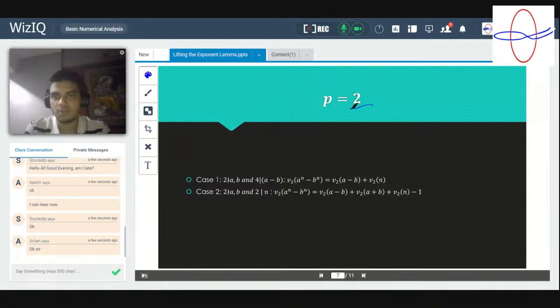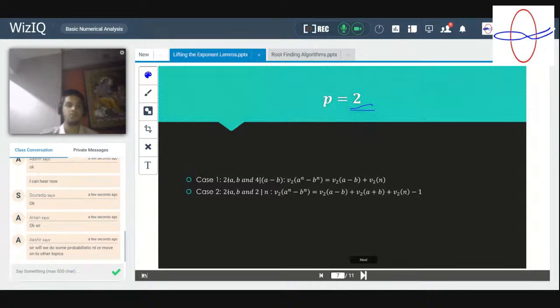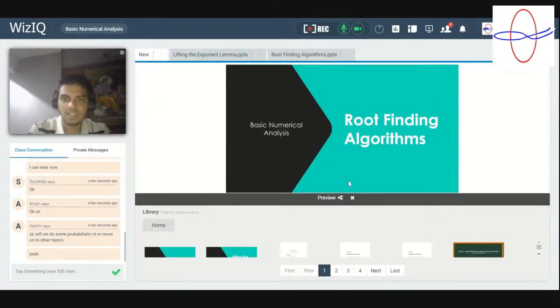We looked at all the odd primes, if you remember. So today we are looking into that question where it was super necessary to find the square root of 2 to the fourth or the fifth decimal point, right? So today we'll be looking at root finding algorithms mainly,